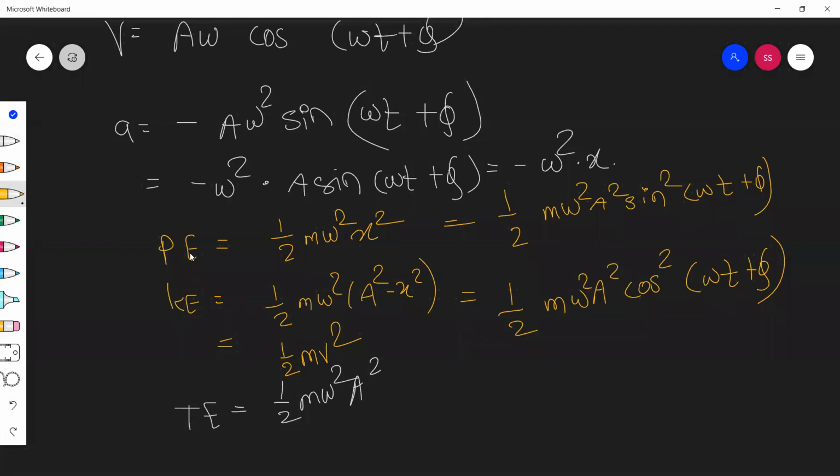Next point that I want to share is, if the frequency of SHM is n, then the frequency of kinetic energy of SHM and potential energy of SHM is 2n, because वो एक complete rotation में दो बार maximum और दो बार zero होके जाएगा, therefore it will be 2 times of n.